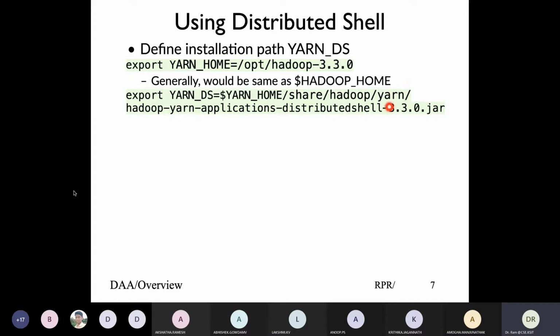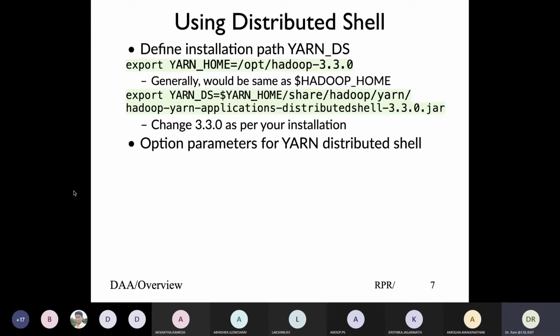Depending on installation, it could be 3.3.0 or 2.10.1 or whatever Hadoop installation you have done. Typically, YARN_HOME will be the same as HADOOP_HOME, and there you find the distributed shell. This is the software that will run when using our distributed shell, and we'll give you examples running it and look at how we could run different commands.